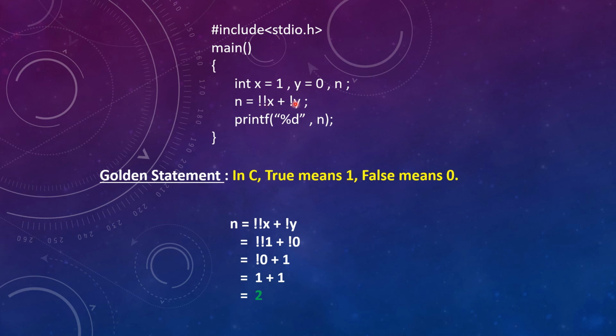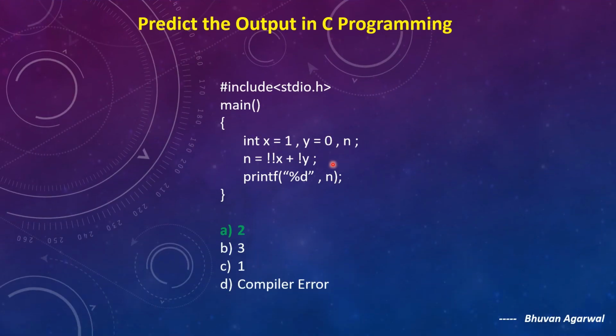See, here we are adding two values, so we cannot add true and false directly. Do you get this? We cannot say true plus true is true, we cannot do that. Okay, so to keep it in an integer format, true means 1 and false means 0. This is the main logic. Okay, so don't get confused, you will easily remember this, I know. So just remember this thing. So our final answer will be 2.